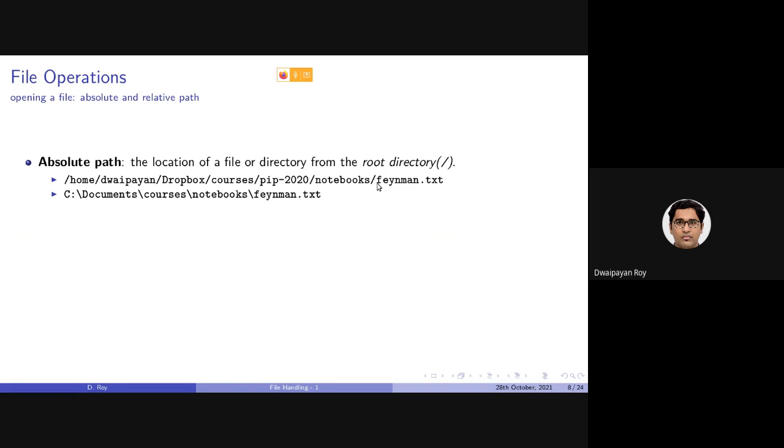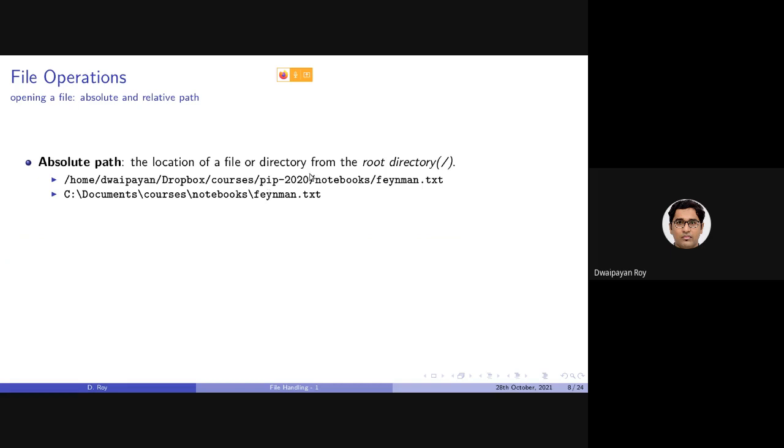The name of the file is feynman.txt, and this is the directory in which this feynman.txt file is present. Home, this is a directory. Inside that there is another directory, Doipayon. Then there is another directory called Dropbox. Then another directory called Courses.